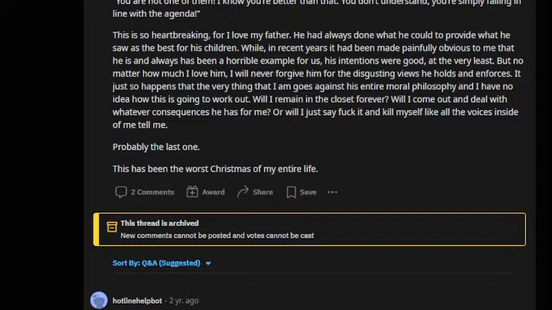This is so heartbreaking, for I love my father. He'd always done what he could do to provide what he saw as the best for his children, while in recent years it had been made painfully obvious to me that he is and always has been a horrible example for us. His intentions were good at the